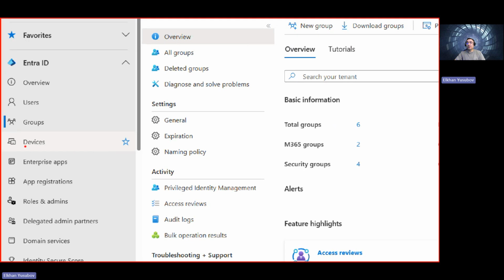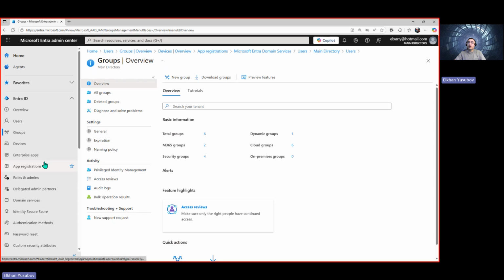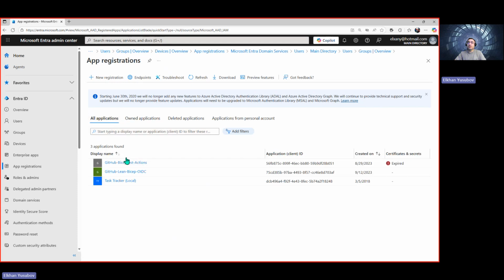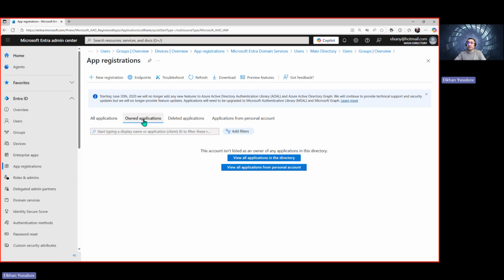In addition to that, as you see on the left side, you can manage the devices, you can manage application registrations, you can manage roles and delegations and domain services. So when we talk about application registrations, as you know, if there's a third-party application that needs access to your data or to information within your Azure ecosystem, usually that's done through the app registration. I'm not going to dive into that, but whenever you are exchanging tokens and trying to automate services with third-party services, keep in mind that you would need to have some type of application registration.